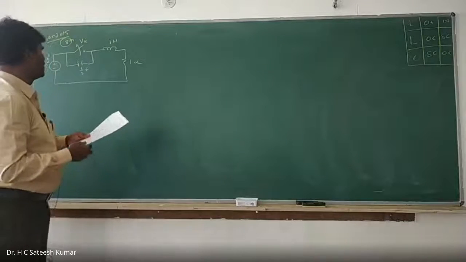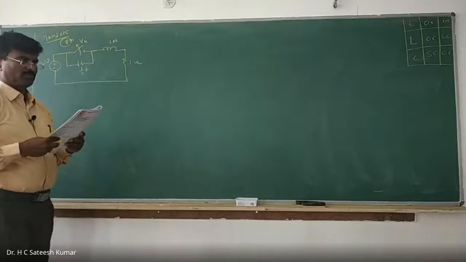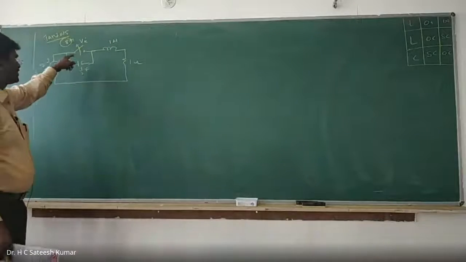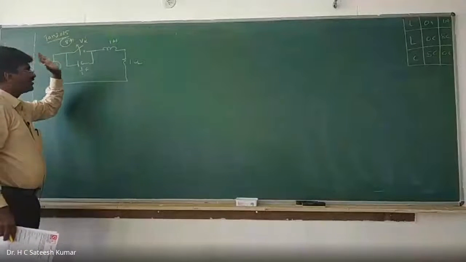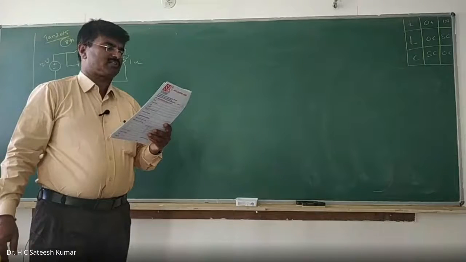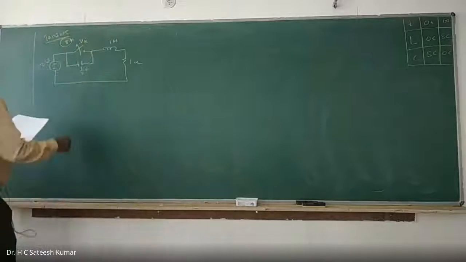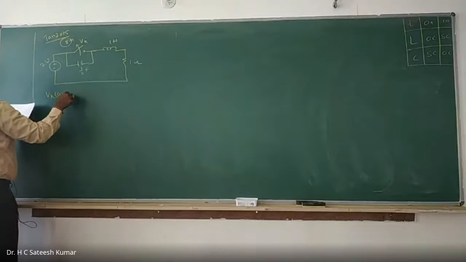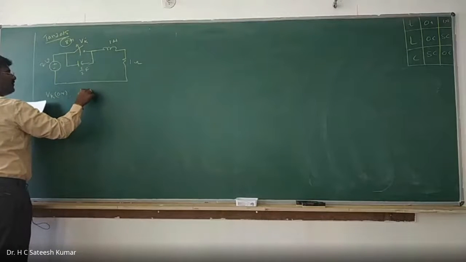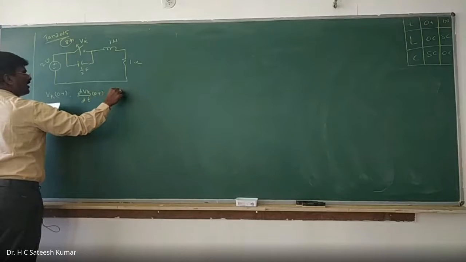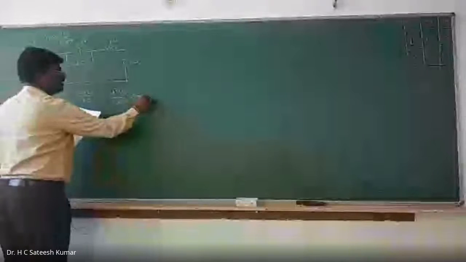That means initially it is closed, it is an opening switch, and afterwards it is opened, after reaching the steady state. That means at t is equal to 0 minus it has reached the steady state. Determine the voltage drop across the switch and its first and second derivative. That means what you should find out? The voltage drop across this at t is equal to 0 plus, that means Vk at 0 plus, and the first and second derivative, that is dVk divided by dt at 0 plus, and d squared Vk divided by dt square at 0 plus. These three things we need to find out. How to do?